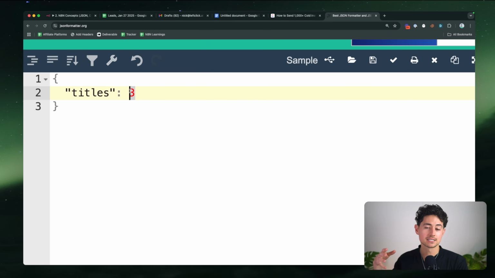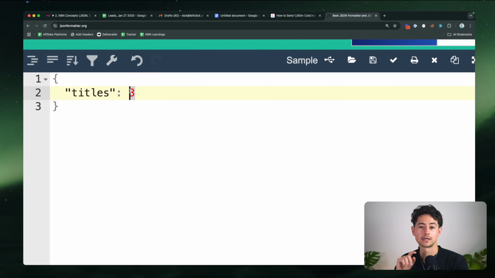And so the reason I harp on this is because in practice, this usually doesn't matter that much. No-code platforms will take care of the type conversion for you between number and string. If you're sending it as just the 3 without the quotes around it, for the most part, that's okay. You'll be able to use this as a string later on. But in pure JavaScript and a couple of programming languages, you can't just, if you wanted to, I don't know, run a function after this that added a number,